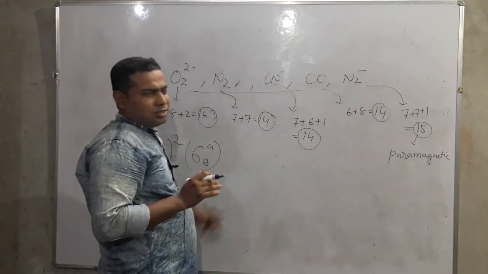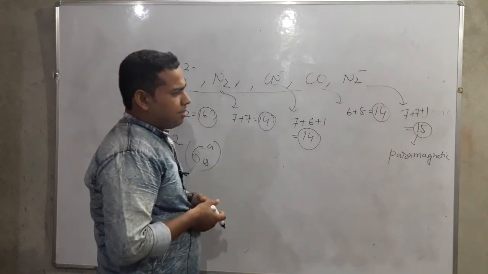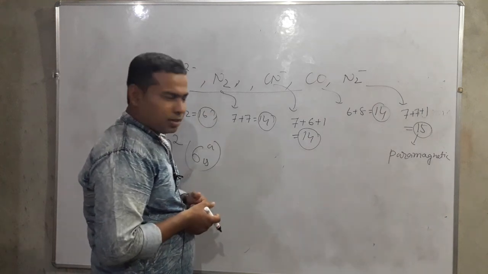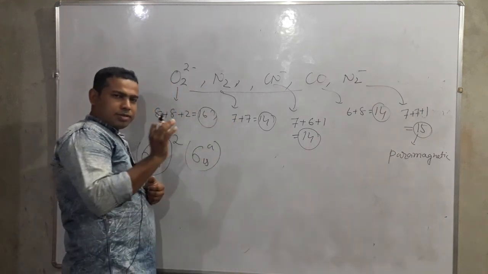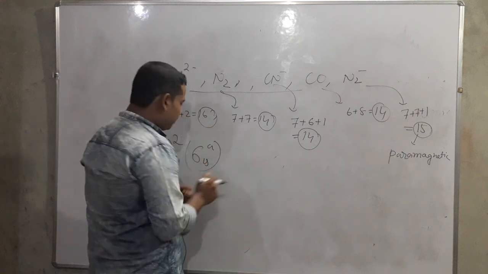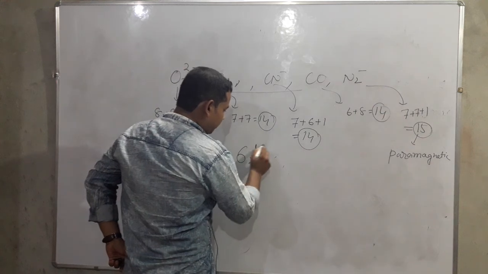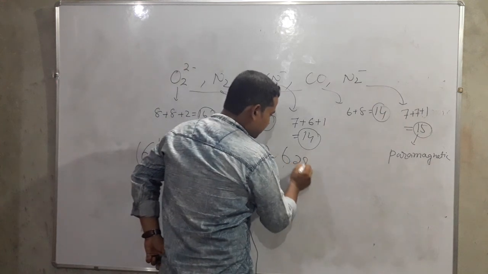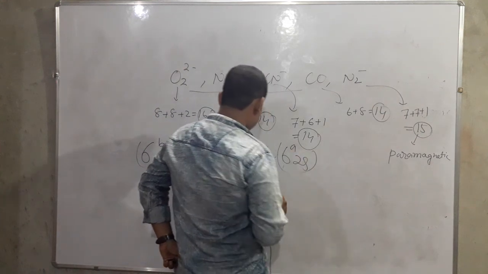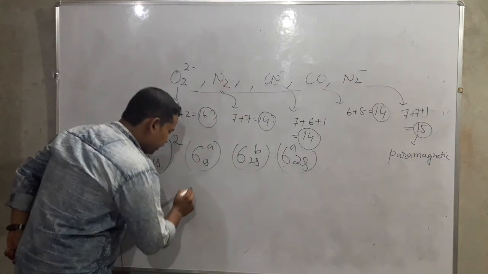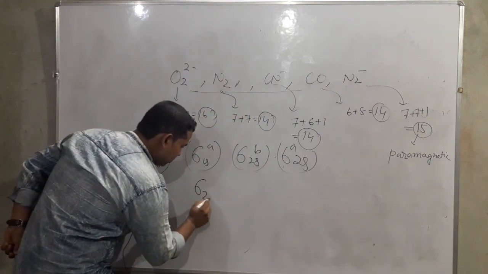Odd number, that is how you easily find out the magnetic property. If the number is odd, it is paramagnetic. One is bonding, anti-bonding, then sigma 2s bonding, then sigma 2s anti-bonding, okay, then pi